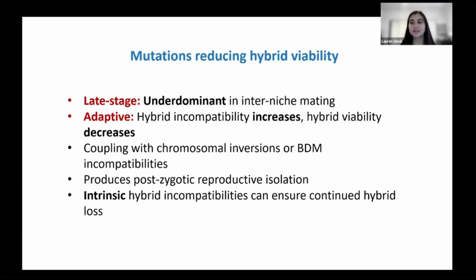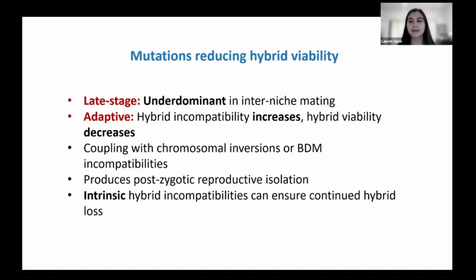For example, a mutant allele that increases hybrid incompatibility and decreases hybrid viability has a difficult time invading by itself because individuals carrying the allele are at a fitness disadvantage. However, when coupled with an allele that has an invasion advantage, whether through physical linkage or chromosomal inversion, the mutant allele can hitchhike with the advantageous allele and invade. So this can combine with chromosomal inversions and/or BDM incompatibilities in order to gain this net fitness advantage necessary